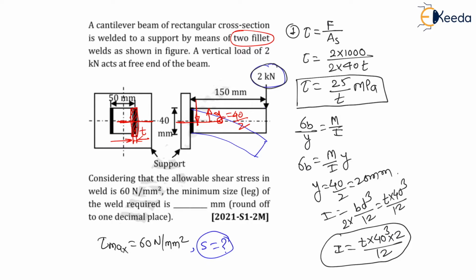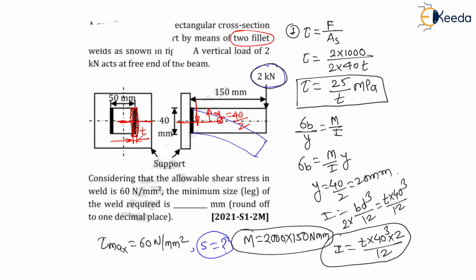Now once I is calculated and y is calculated, let us find the bending moment, right? Here our target is to find the bending moment also, then only we can find the bending stress. Now the bending moment is nothing but the force into the distance of this weld. On this weld the bending moment acting is force into distance of this weld. Therefore the bending moment will be equal to force, which is 2000, into distance of weld, which is 150 mm from the force. Therefore it is in Newton mm, because we are using force in Newton and distance in mm. Therefore 2000 into 150.